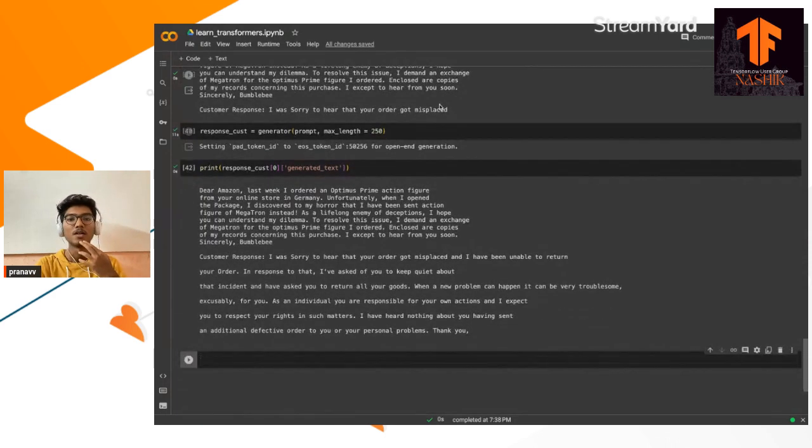So you can see we left it here. After that, it has written something on its own. Let's see what it has written. "I was sorry to hear that your order got misplaced, and I have been unable to return your order. In response to that, I asked of you to keep quiet about the incident, and you asked you to return all your goods. When a new problem can happen, it can be troublesome. Excusably for you as an individual, you are responsible for your own actions, and I expect you to respect your rights." I don't think it has responded to us in the correct manner,